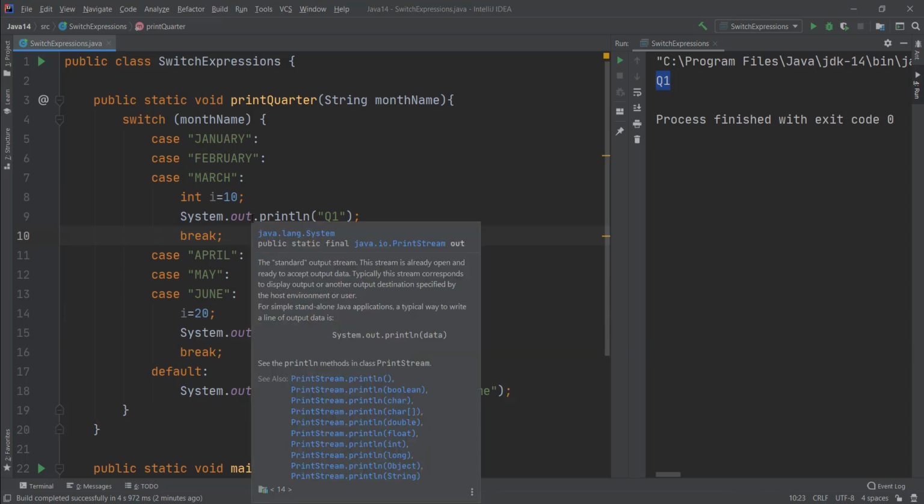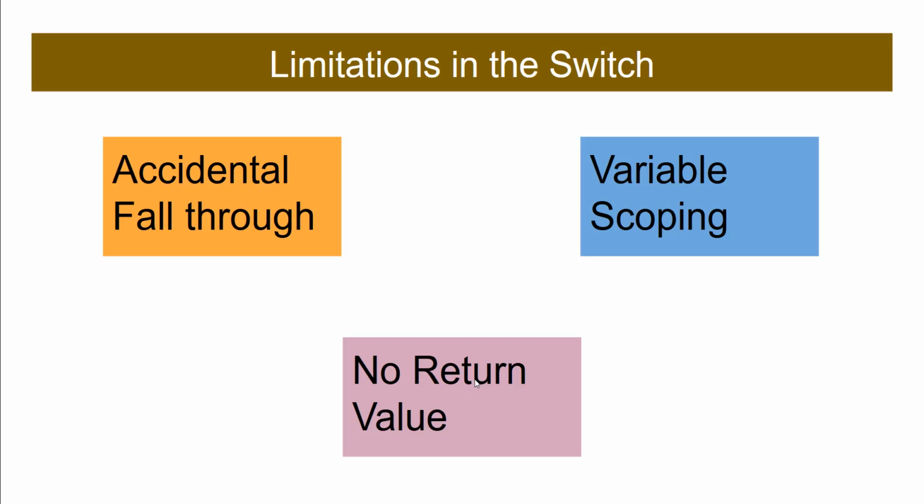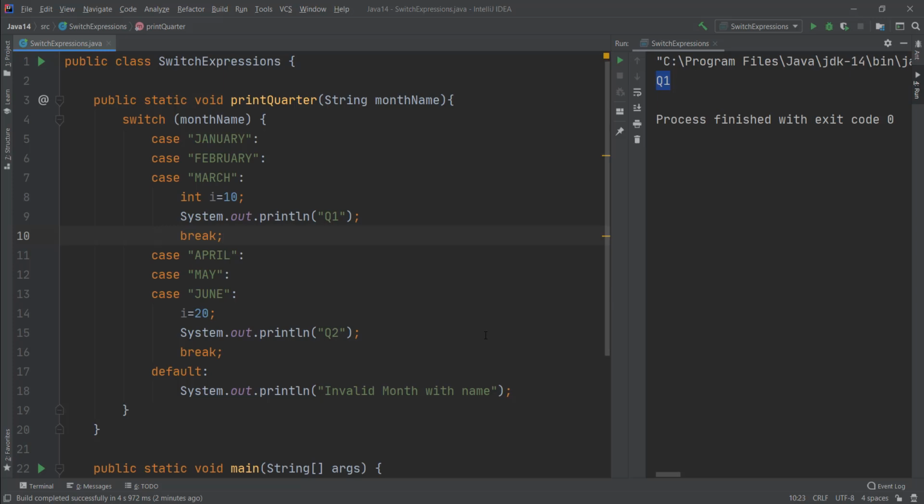The third issue with the switch statement is no return value. Let's say I want to return quarter values from these case statements. Then we have to initialize one empty variable and do assignments in different cases.